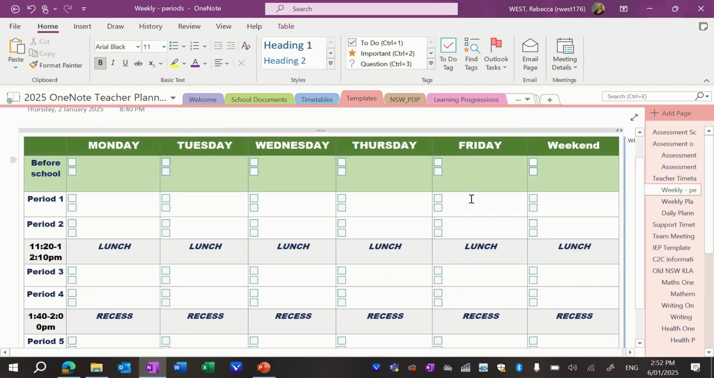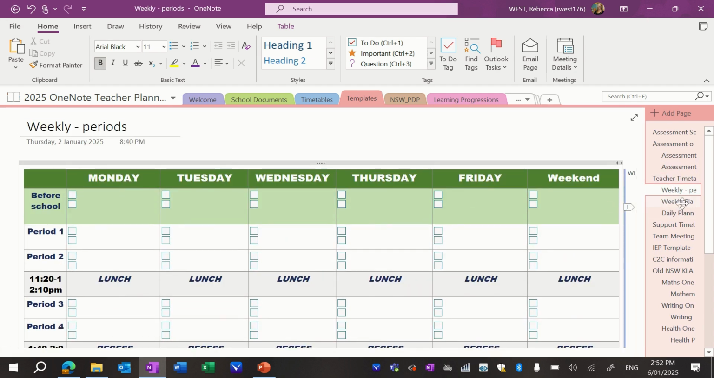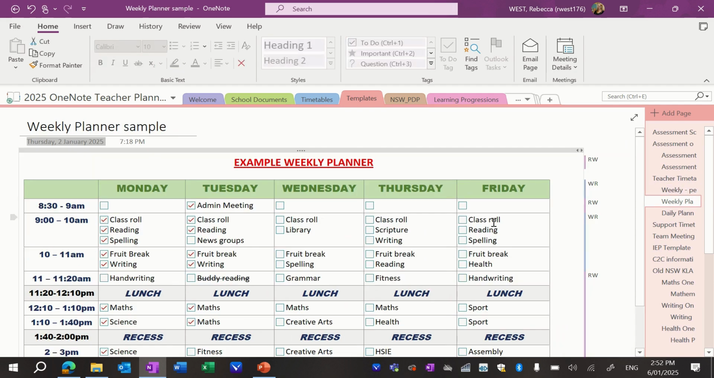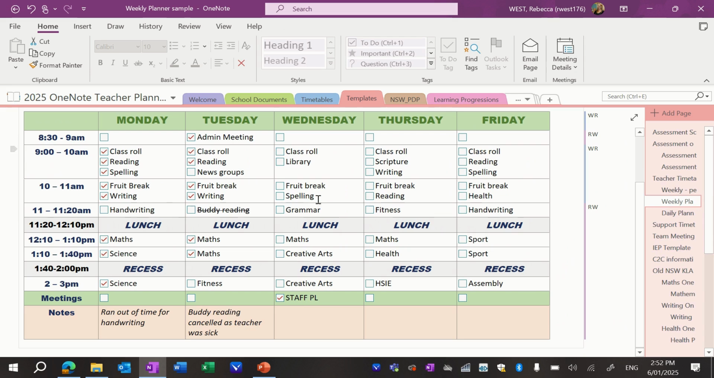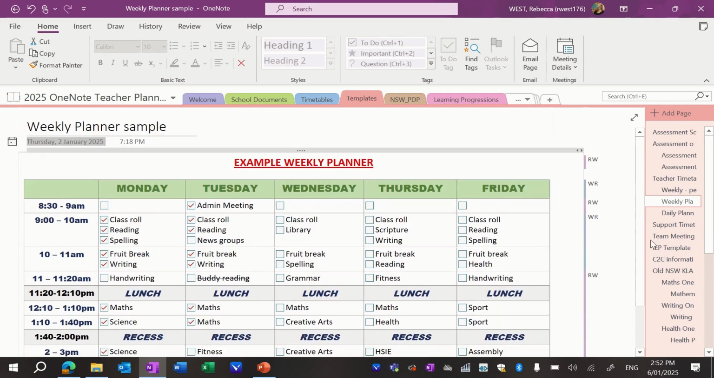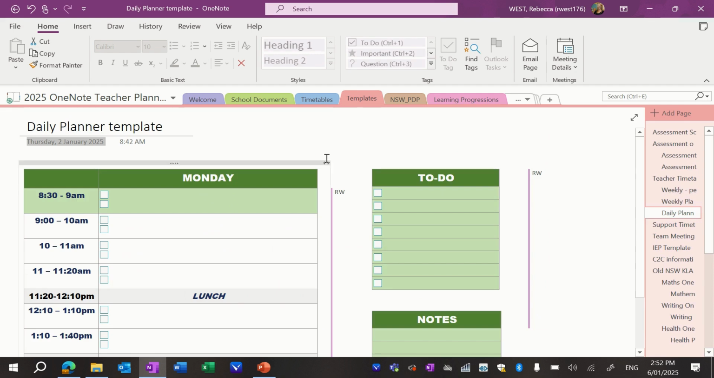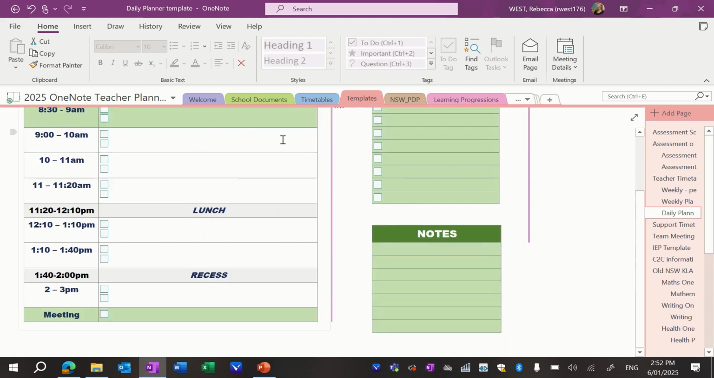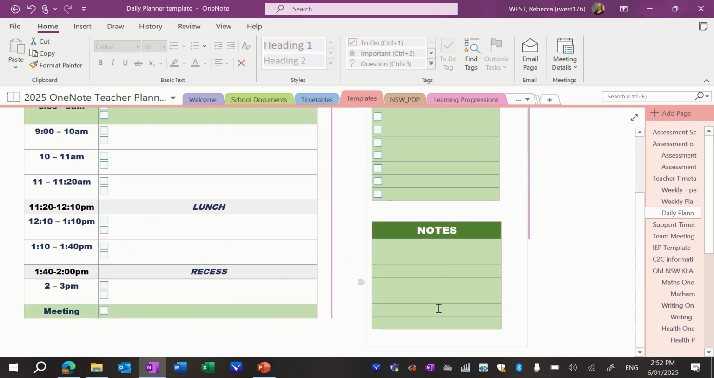There's a couple of different versions there. So there's a periods version if you're a secondary teacher. There's a weekly planner example. So here's an example of something you might be doing in your classroom and that you've ticked off what's done, some notes around things that maybe you haven't done, or some of your variations to routine. Here's a version of a daily planner template. So just that day, the things you want to get through that day,